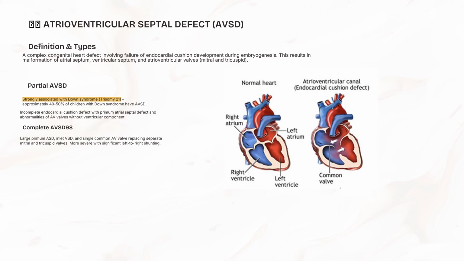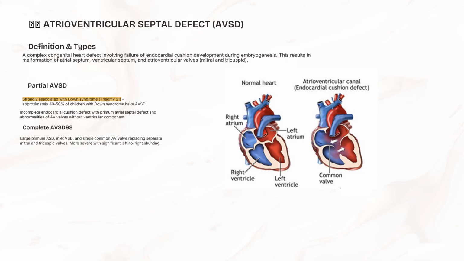So it has two types. Number one is partial AVSD and the other is complete AVSD. This picture shows the complete AVSD. So in partial AVSD, what will be there? First of all, an incomplete endocardial cushion will be there. So especially there is involvement of atrial septal defect. I mean, a primum atrial septal defect will be present, and abnormalities of AV valves also will be present without a ventricular